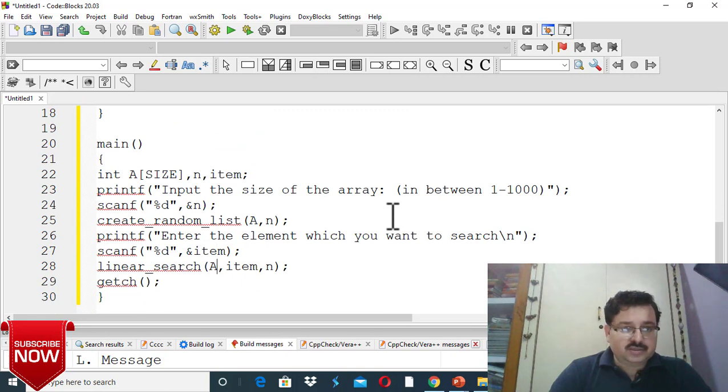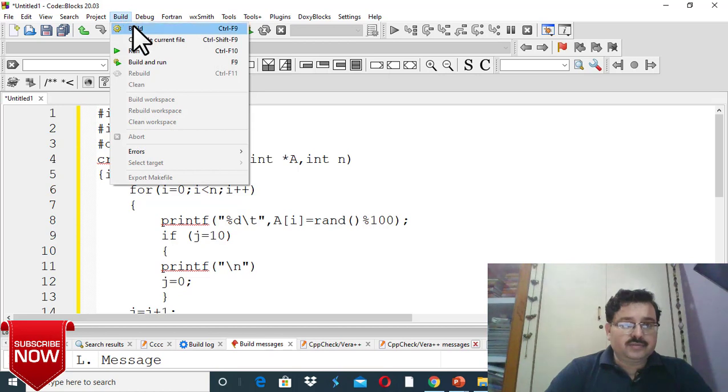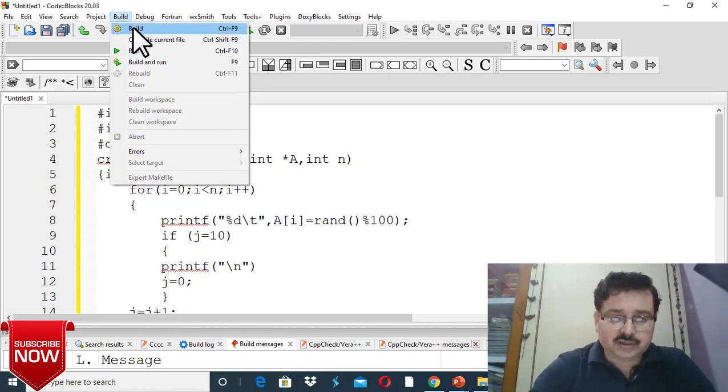So I'm just commenting this. First I'm going to compile this program, control F9. So control F9.